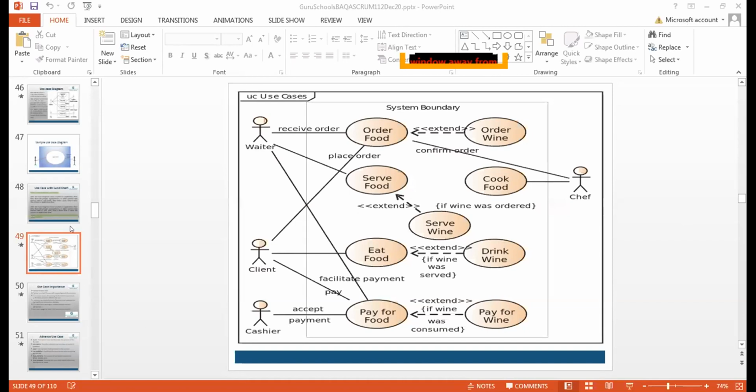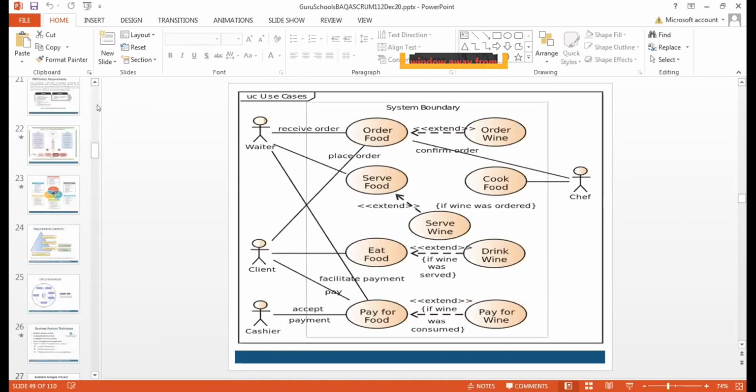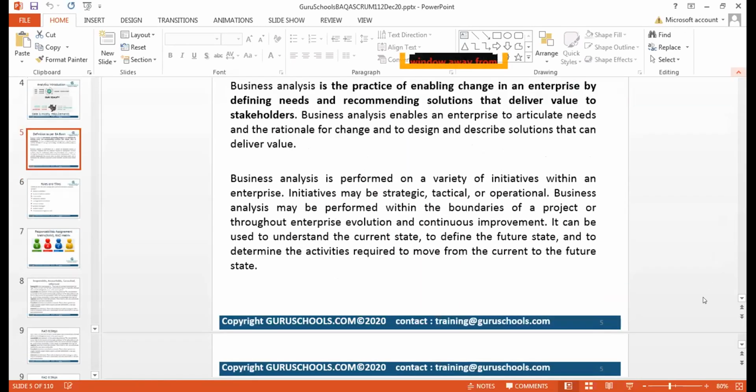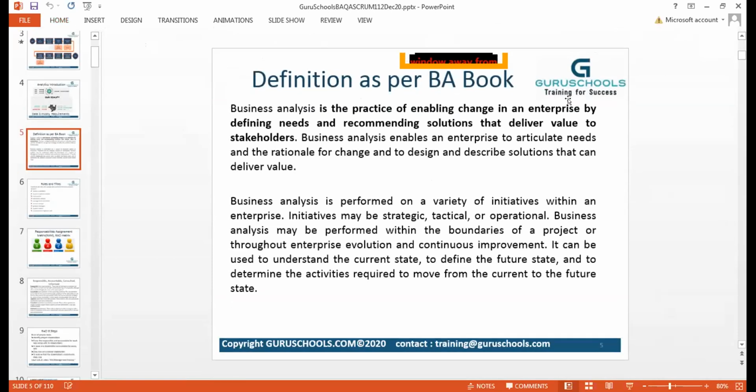So can I tell you in my words? Yeah, please. I'll bring up that slide. This is a really important slide. What does the BA do? In my words, a BA basically understands the vision of the stakeholders. They try to understand the vision and then they translate and elicit that vision into requirements, to be given to the development team or the technical team.